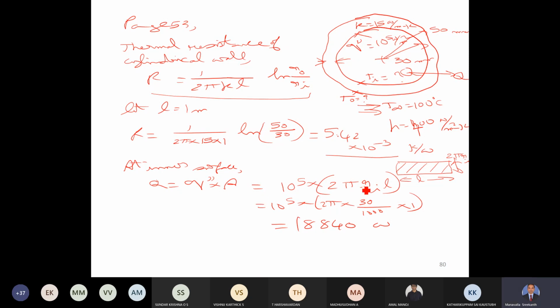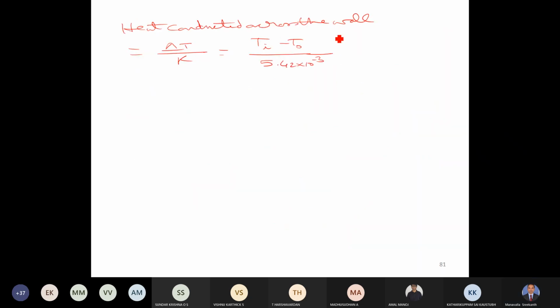Likewise, the amount of heat transferred in each pipe will be the same, just like the current passing through each resistance connected in series will be the same. So the amount of heat transferred is 18,840 watts. Or we can write this as Ti minus To is equal to